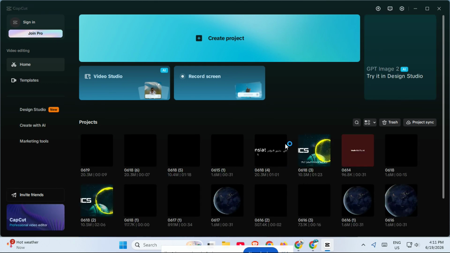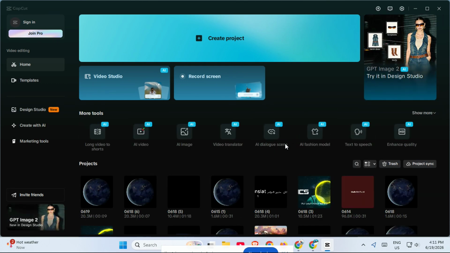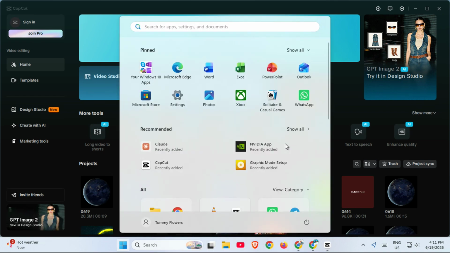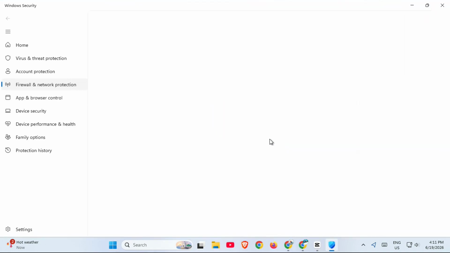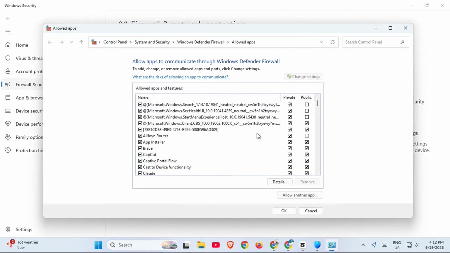Sometimes security programs block CapCut from reaching the internet, even though your actual connection is working perfectly. Open your Windows Security, Antivirus app, or firewall settings, and look for any blocked apps or internet permissions. Make sure CapCut is allowed through the firewall and that it has permission to communicate on private and public networks